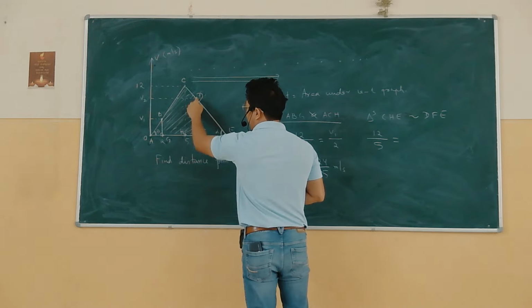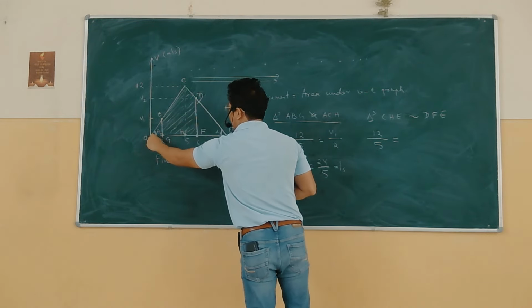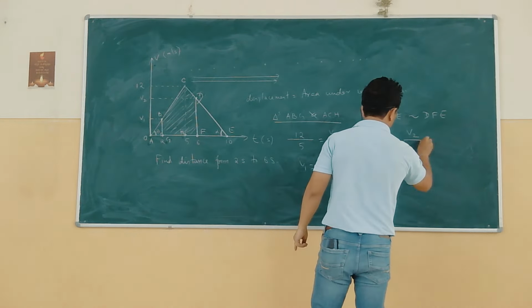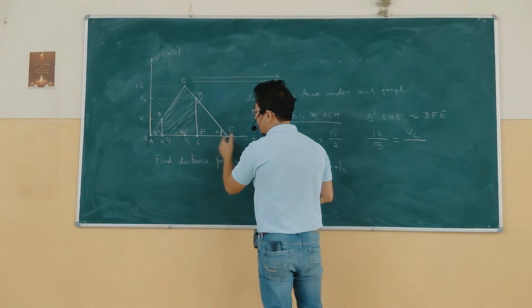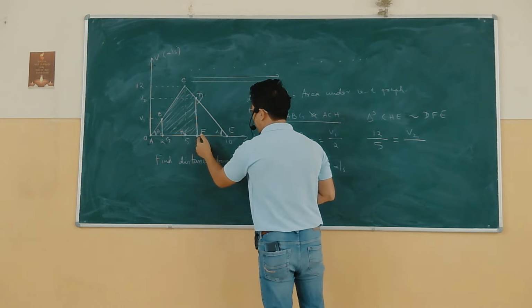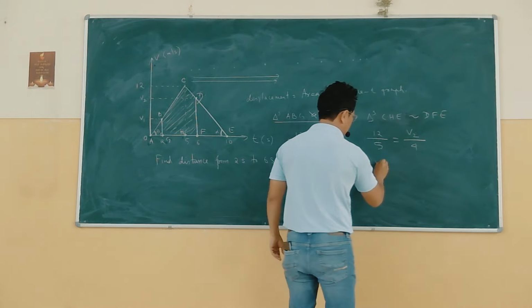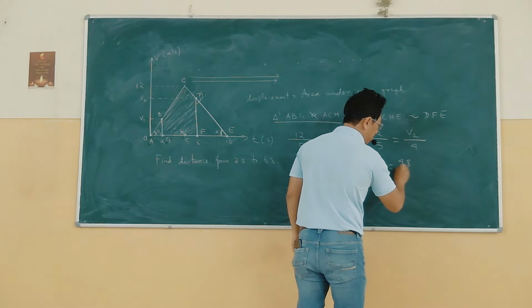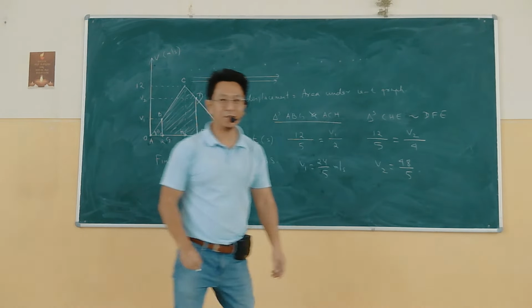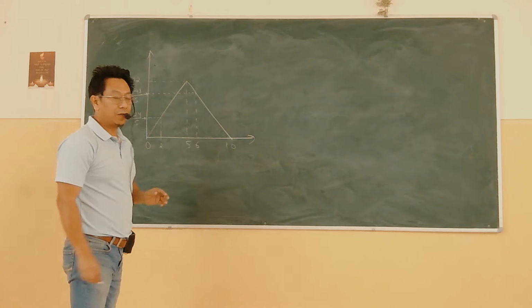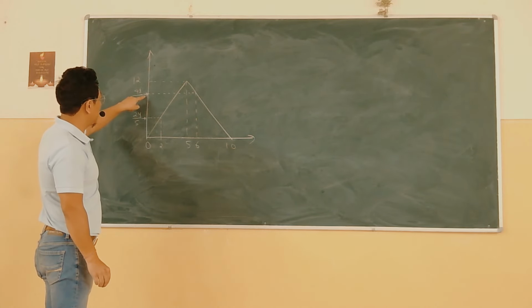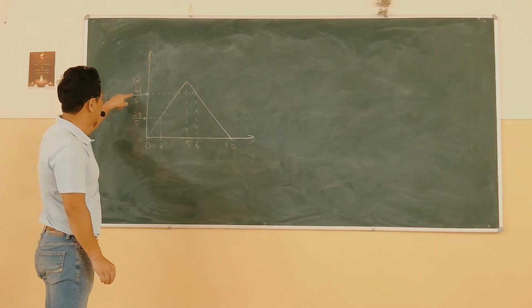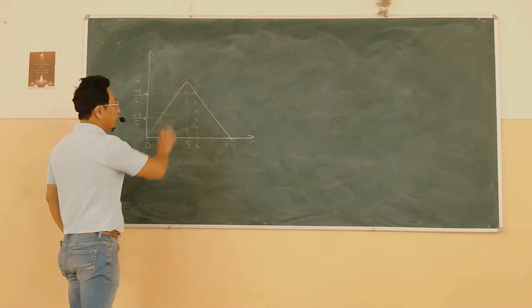Opposite of this small triangle is B2 minus 0, B2. And adjacent is 10 minus 6. What is 10 minus 6? 4. So what is B2? 48 by 5. Right? So once we found this B1 and B2, 24 by 5 and 48 by 5, we can now calculate the